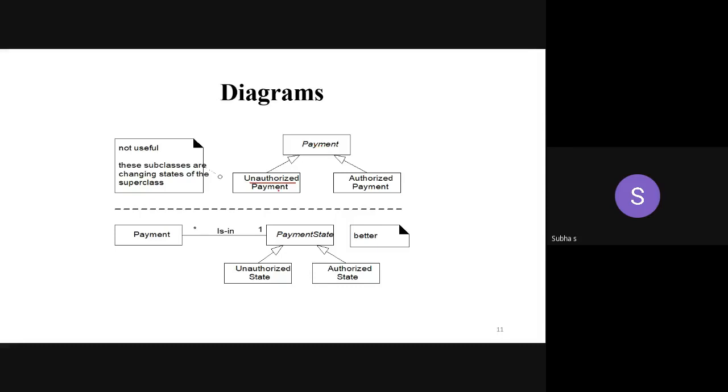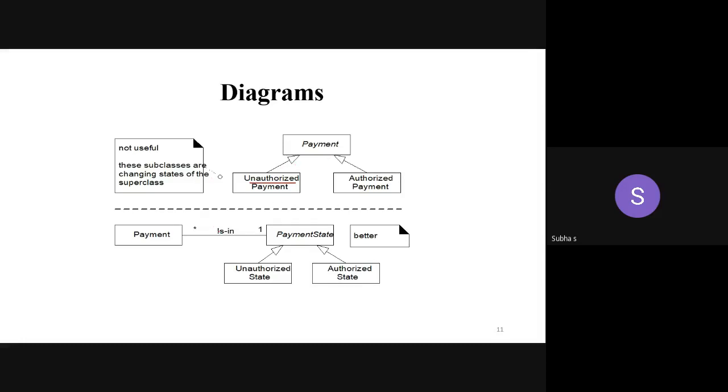Otherwise, it will be considered unauthorized. So this diagram you can't give like this because they are not subclasses. What this generally denotes is payment as superclass, unauthorized payment as one subclass, authorized as another subclass. But this is not at all practically suitable. Practically, it's not giving the exact meaning.